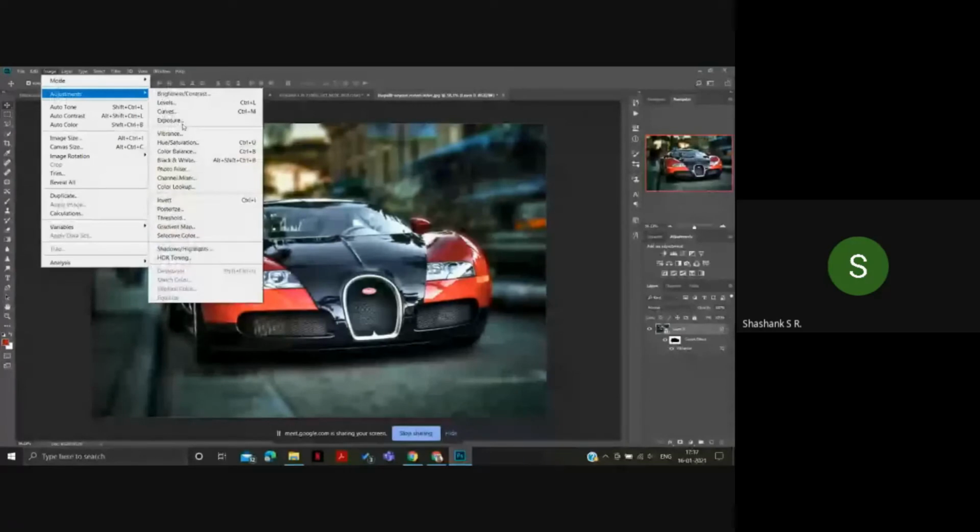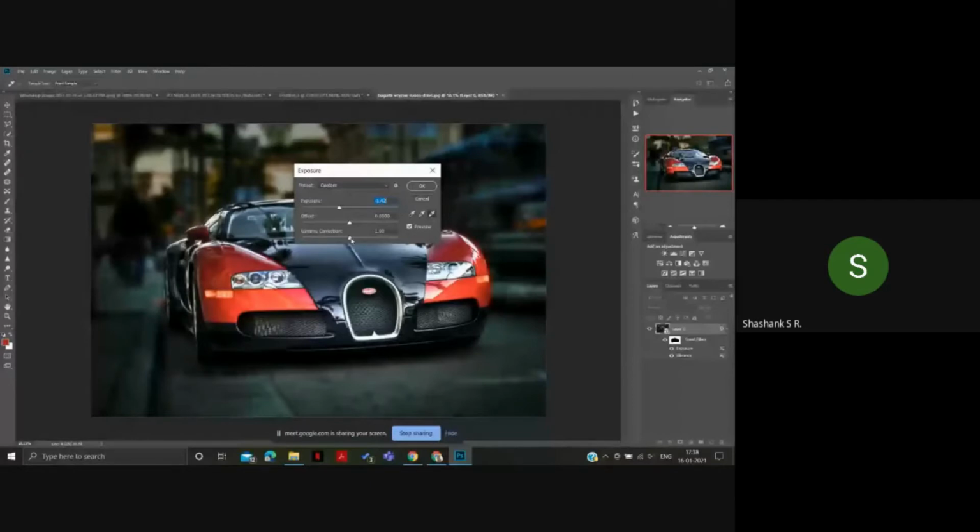Now exposure. For example, this exposure just brightens up. To decrease the exposure, just click on dark. Now the gamma correction. Gamma correction is basically used to darken the lighter image or lighten the darker image.